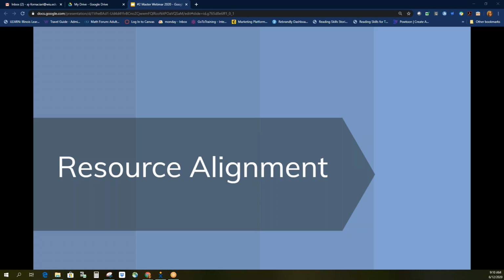So let me talk to you a little bit about the next 2 assignments for the second part of our cohort that we're running for the year. The first one is the resource alignment tool, and we strongly encourage you to complete this activity in collaboration with another trained specialist. This is a pretty hefty tool, and we want you to feel comfortable using it.